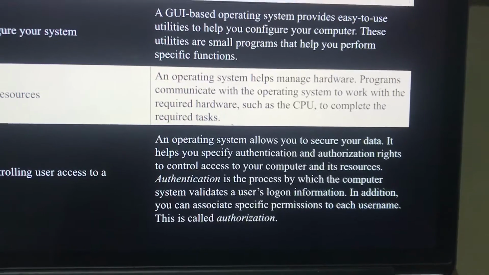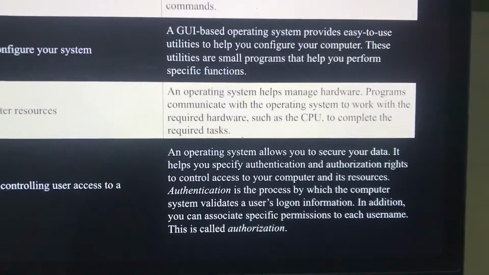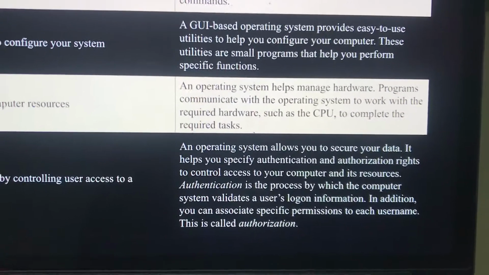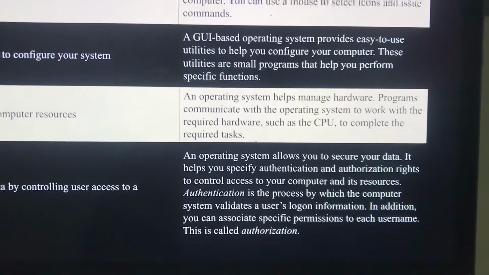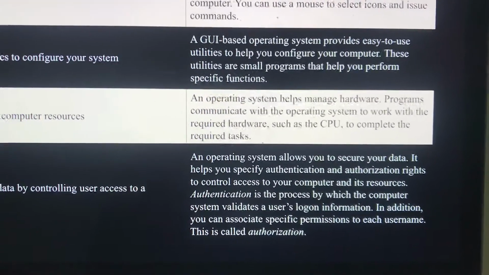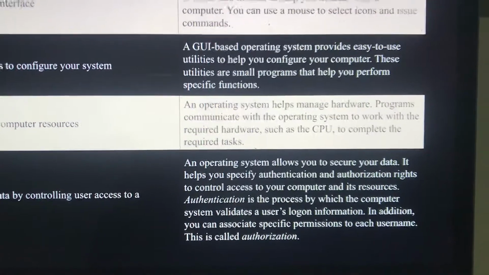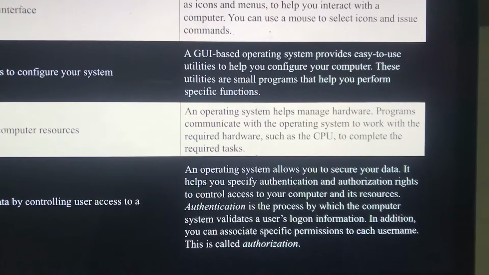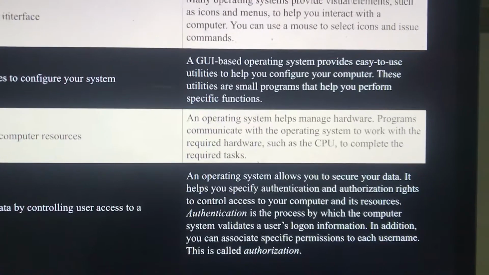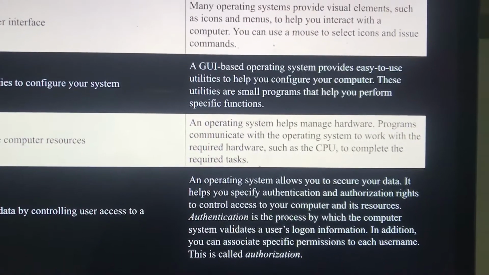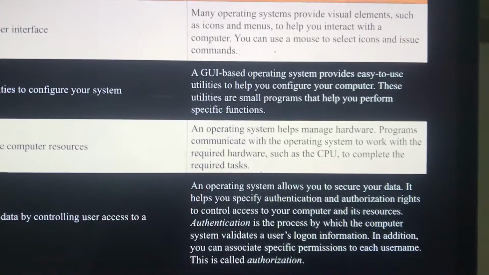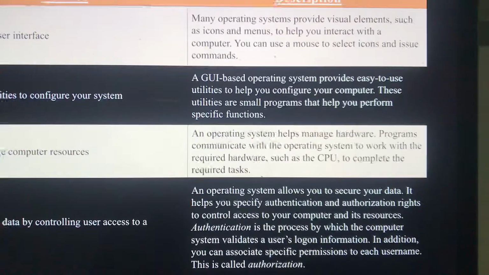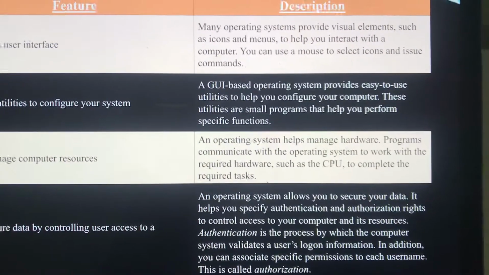It is the process by which the computer system validates a user's logon information. So only a specific user will be able to log in with the details, not everyone. So an operating system can help you create a username and password for that, so that only those users who know the username and password can access the resources on your computer, not all. It is not open to all. Only the authorized users are